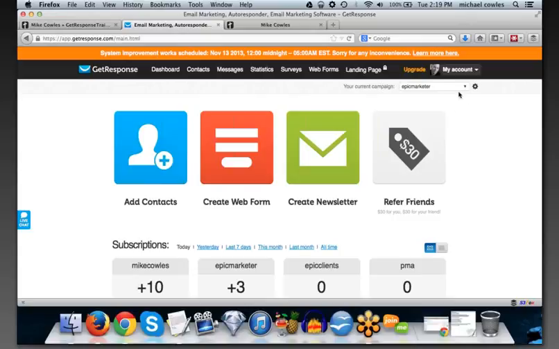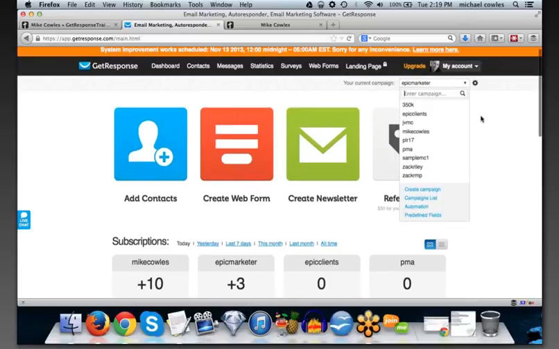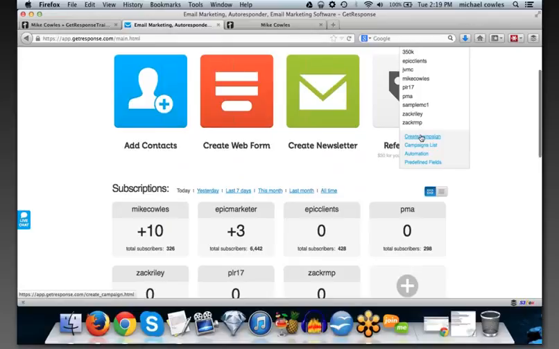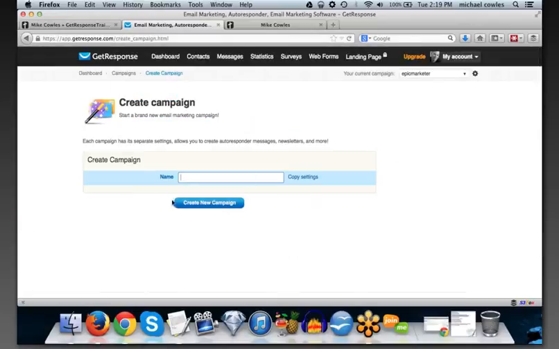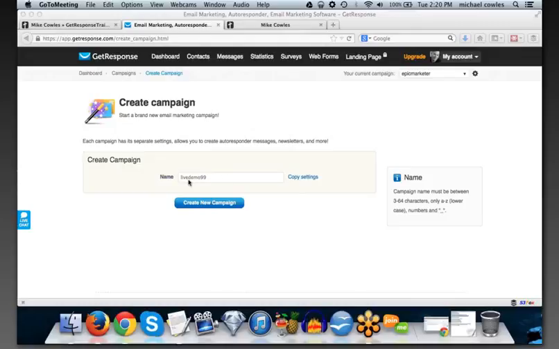Okay, so the way we do this is over here there's a little arrow with a drop down, and what you do is you scroll down until you see create campaign, and then we'll just call this live demo 99. Now, one of the things when you set up your campaign is if somebody else has already taken this, then it'll say, hey, you have to pick a new one. So you may have to put a number or initial or something after that, but pretty simple to do.